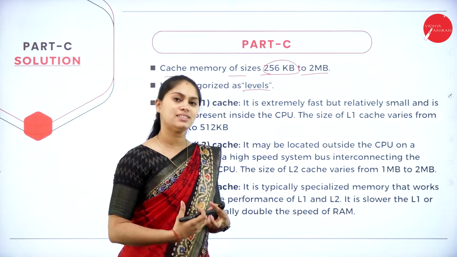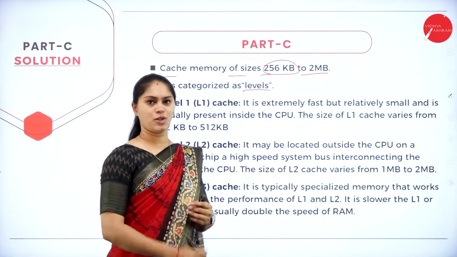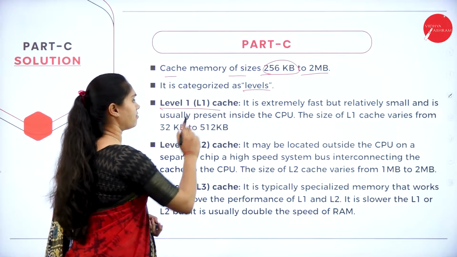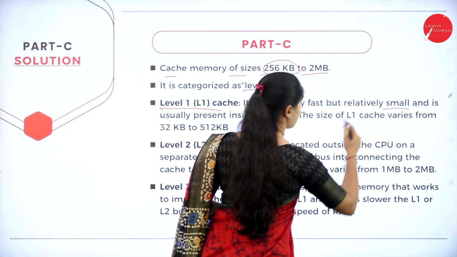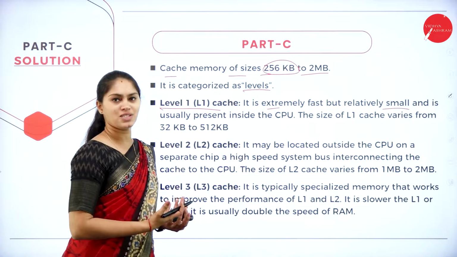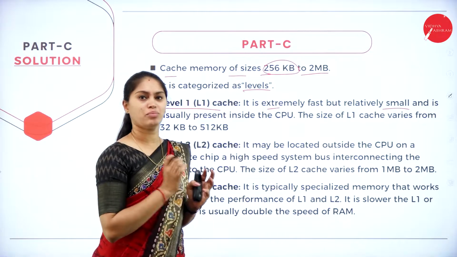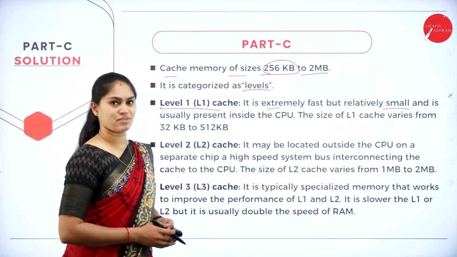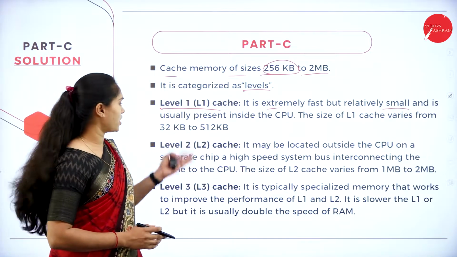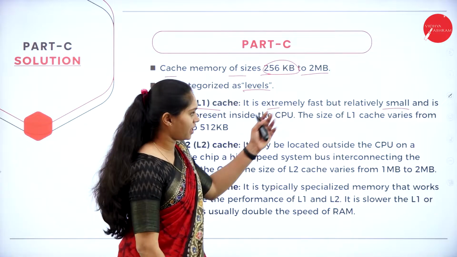Level 3 is the one that has control over L1 and L2. So what is L1, or level 1 cache memory? It is extremely fast but relatively smaller in size. Though it is fast, it will be smaller in size. When we have less data in the memory, the speed of processing will be very high. The same thing happens with cache memory also. So level 1 cache memory is very fast, but smaller in size,